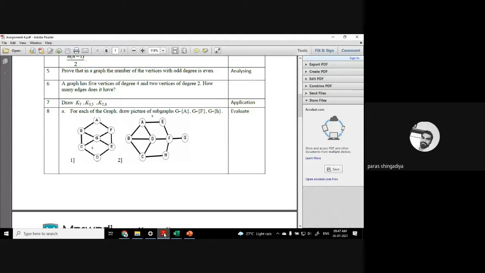This is not difficult. You just have to draw the graph after removing this vertex. If you delete a vertex, then all the edges connected with it you also have to remove. And if you delete an edge only, just remove the edge, not the ending and starting vertices. You only have to delete the edge. And if you delete a vertex, you have to remove all the edges of that vertex. And then draw the remaining graph. When you finish, reply in the chat box. It's not difficult.